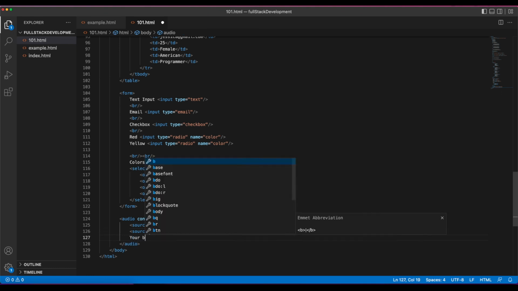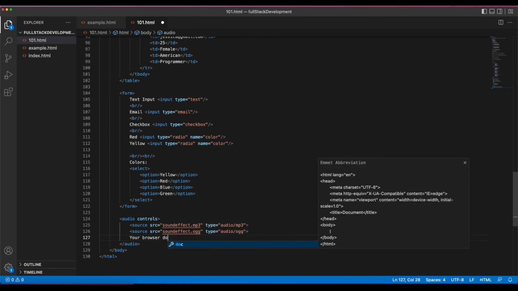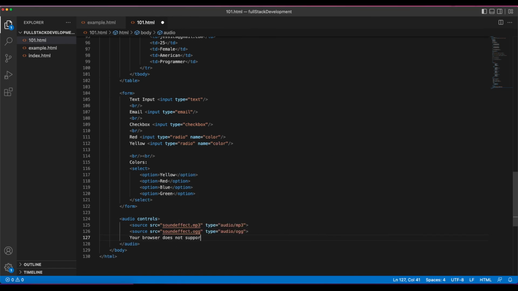Otherwise, if the browser doesn't support the audio tag, it will say your browser does not support the audio tag, or any text that you add here will show up if the browser itself does not support this tag. So just again to go over that quickly, the audio tag is an opening and closing tag that